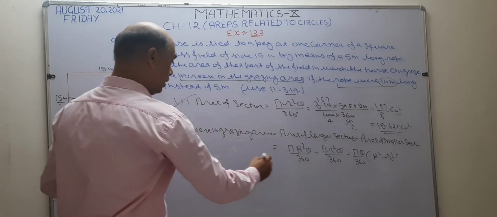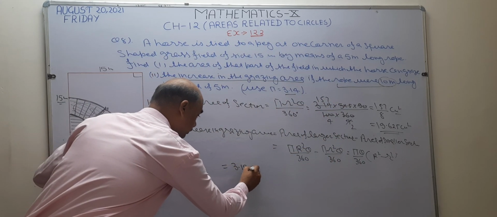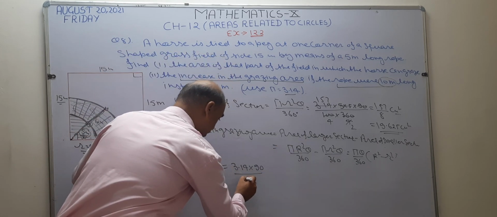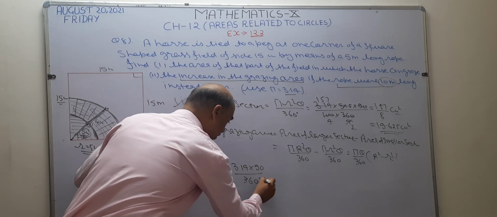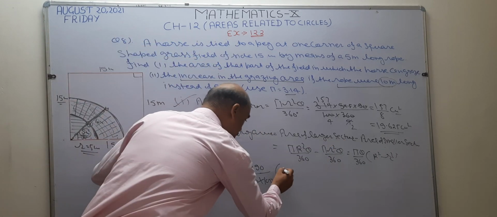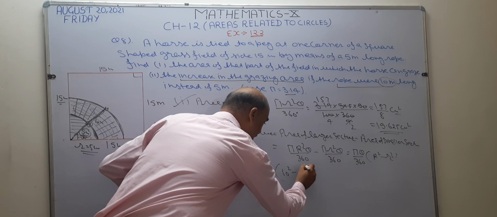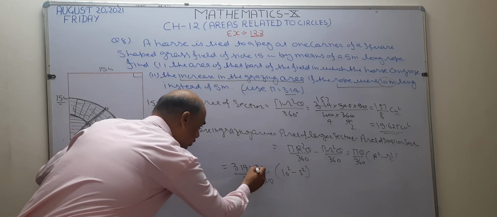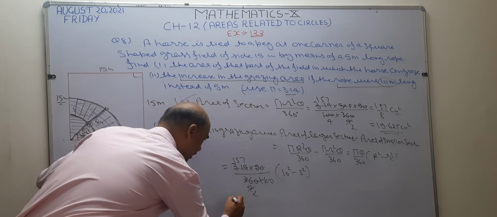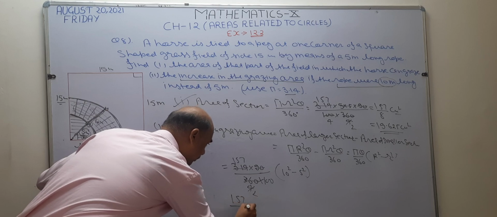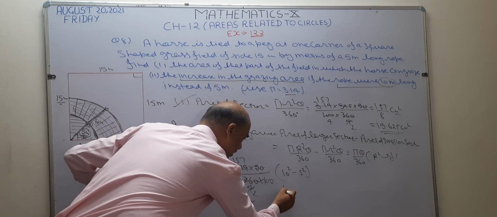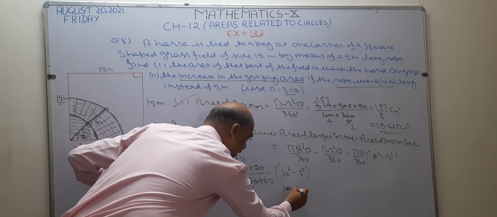Okay, now I want to solve. What is the value of pi? Value of pi is 3.14. Theta again 90 degrees is given. Right here 90 degree. After that, upon 360 degree, remove this point and take 100 towards the denominator. I want to solve this bracket. Now capital R becomes 10, right here 10 square. Small r is 5, right here 5 square. Now this one is going to cancel with 4, 2 to the 4. This becomes 157. So right here 157 upon 200 into square of 10 is 100 and square of 5 is 25. So this becomes 75.